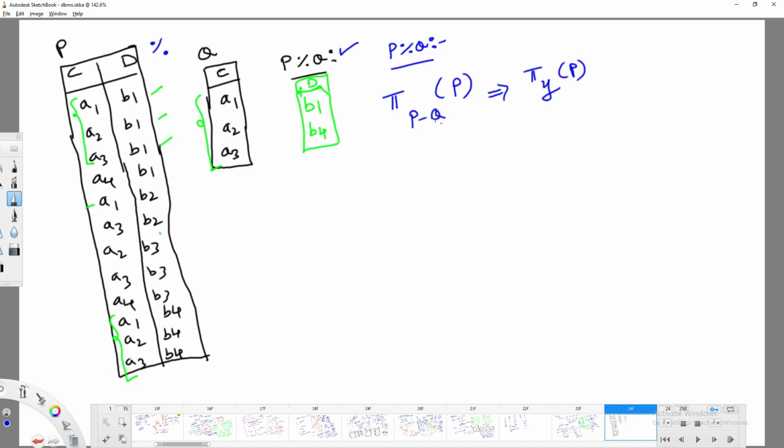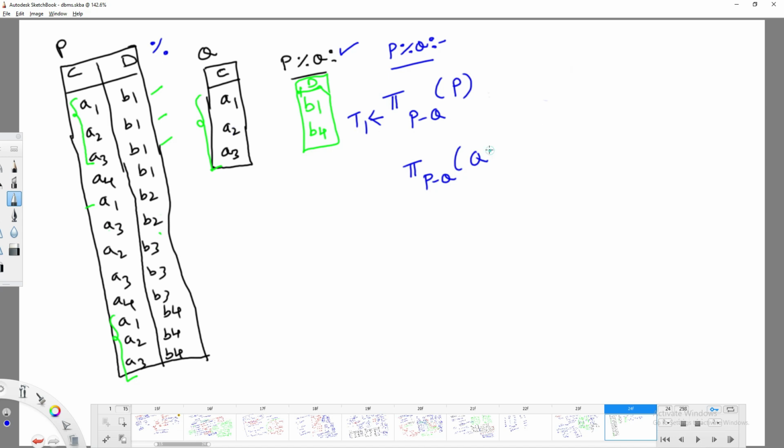Just rename it as T1, right? From this relation, project P minus Q, and whatever the result, take the cross product of it with Q and the earlier relation T1. You have to subtract it from the actual table.